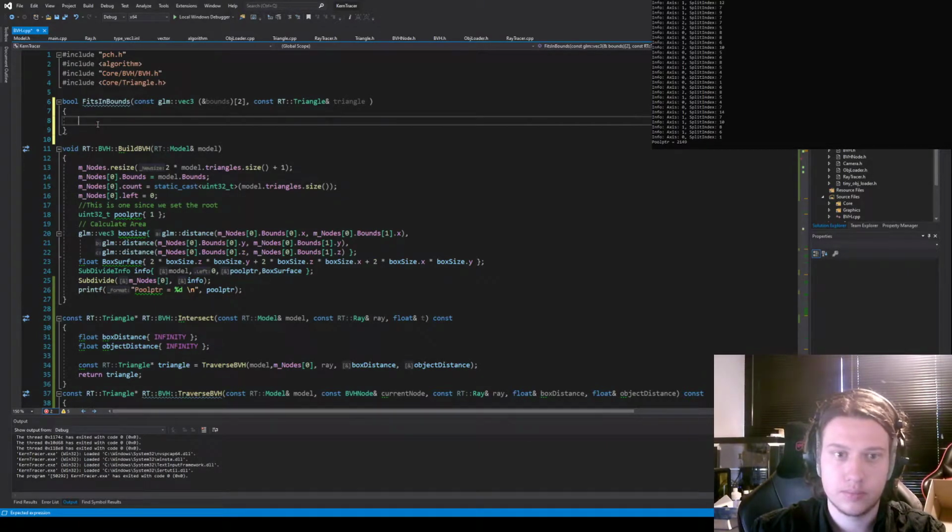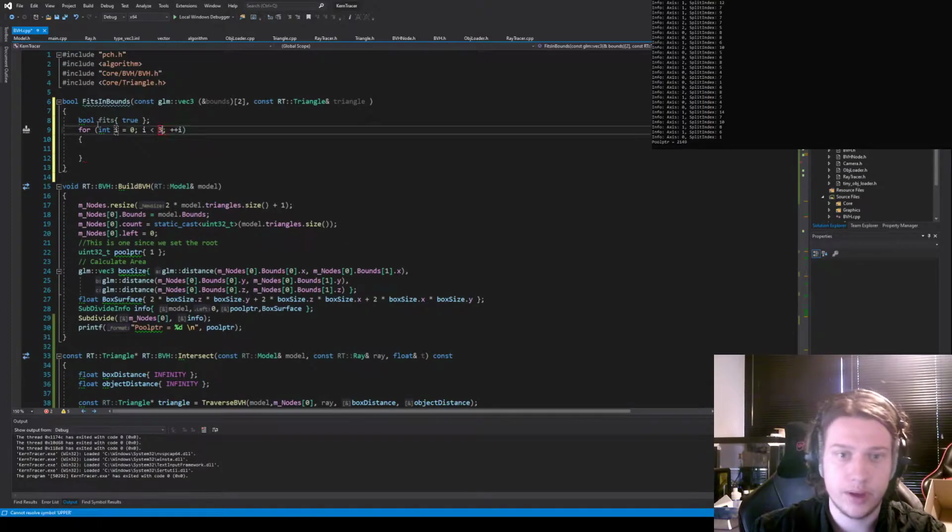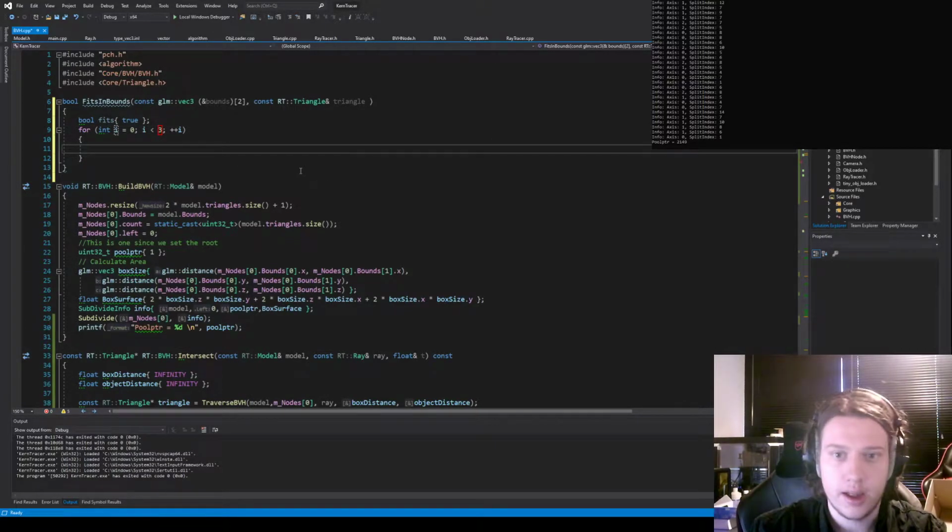So we need a simple bool fits, and this is set to true, then we loop over for E. E is 3 because we have 3 vertices on each triangle, and then if triangle dot y dot x, wait, why can I not? Oh, the get first dot y dot x